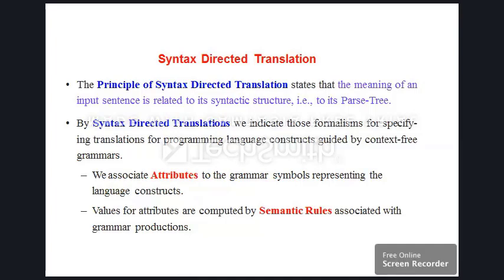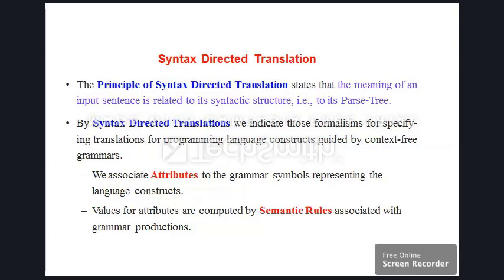Today's topic is syntax-directed translation. The principle of syntax-directed translation states that the meaning of an input sentence is related to its syntactic structure, that is, its parse tree. By syntax-directed translations, we indicate those formalisms for specifying translations for programming language constructs guided by the context-free grammars.